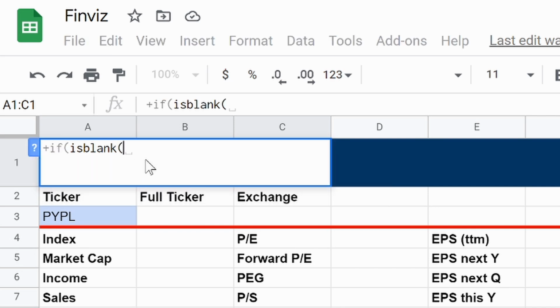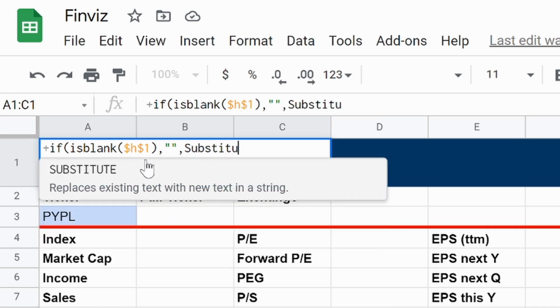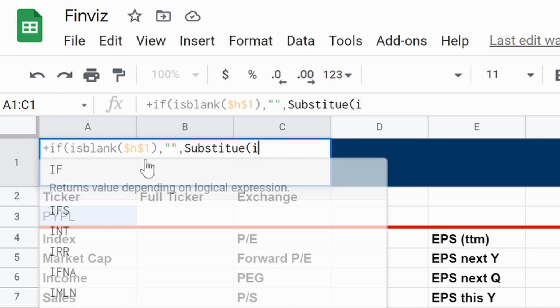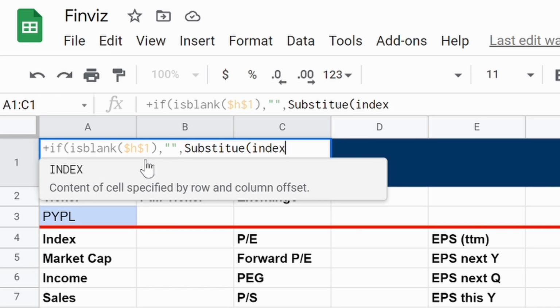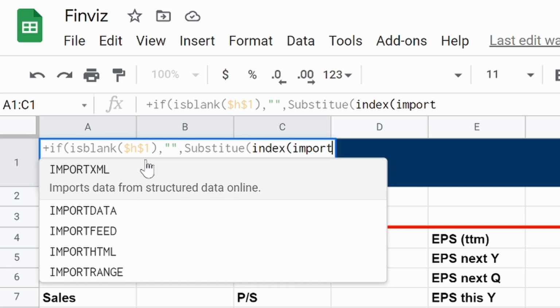I'm going to highlight and we're going to do $H$1. And then we want to close that off. Okay, so if H1 is blank, comma, keep it blank, comma, SUBSTITUTE, open parentheses, INDEX, open parentheses, IMPORTHTML,